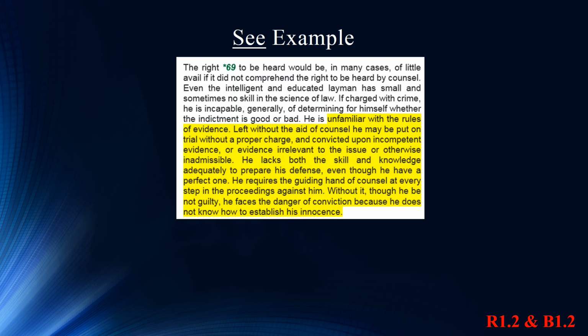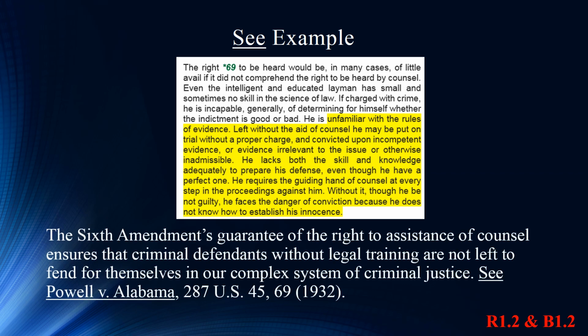Let's look at one more example using the United States Supreme Court decision Powell v. Alabama, a case about a defendant's Sixth Amendment right to counsel in criminal proceedings. As you can see in this excerpt, the court discussed the importance of having an attorney in criminal proceedings. Here is an example of a sentence we might write in a brief about this part of the case. The case clearly supports this sentence, but using the See signal is more appropriate than no signal because the court does not directly state that without counsel, defendants would be left to fend for themselves. Rather, we must make an inferential step.